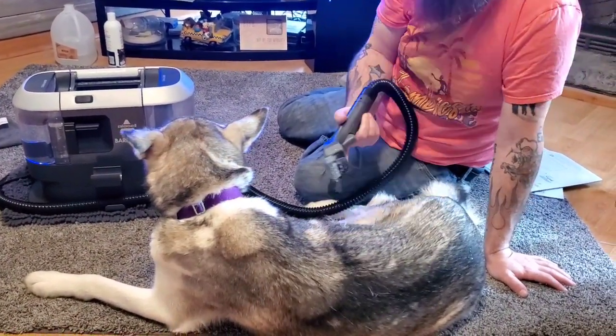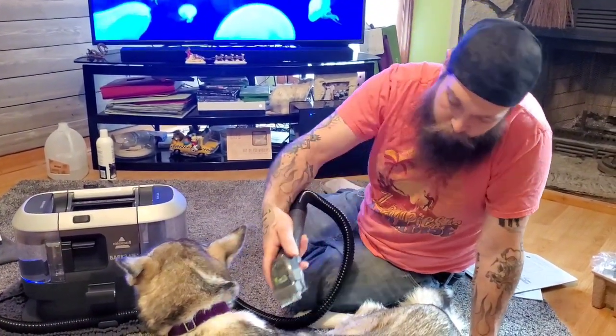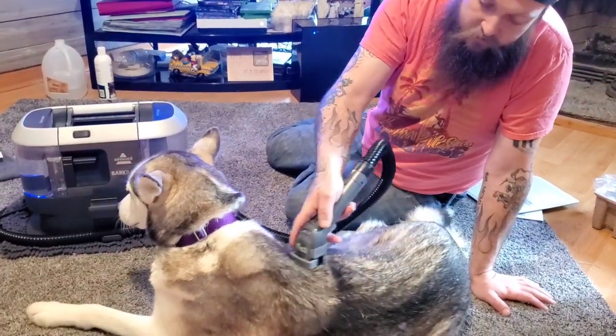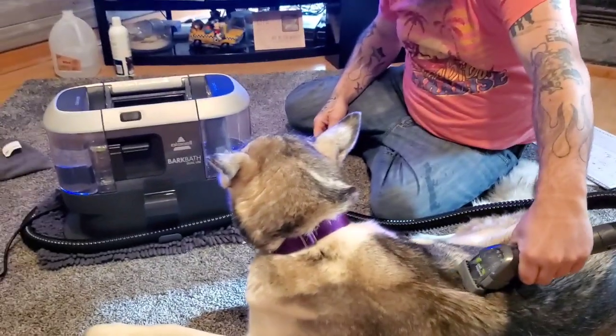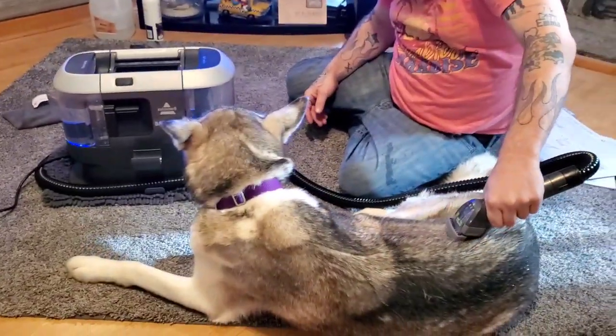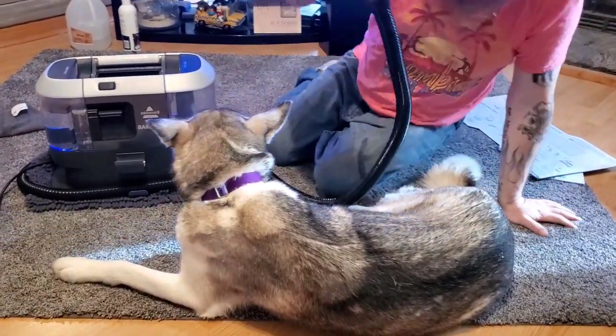Her being a Husky, that was one of my concerns about if it was going to actually work that well. The water isn't super powerful. I feel like I'm cleaning the same spot, but